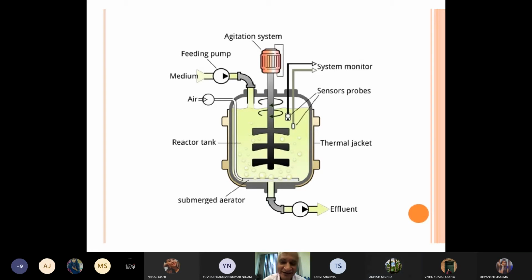Go ahead. Optimum temperature. Perfect. Absolutely on the dot. One more thing at least. pH, right? Yes, acidity. These are the three main things. You have told me perfectly, even MSc students can't tell this. Very good. So these sensor probes, what we measure is the media nutrients.